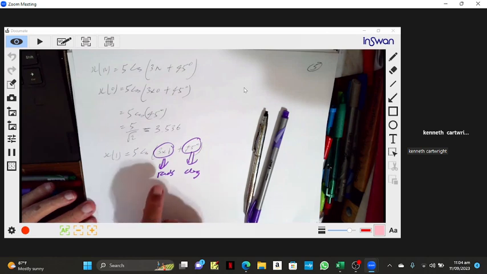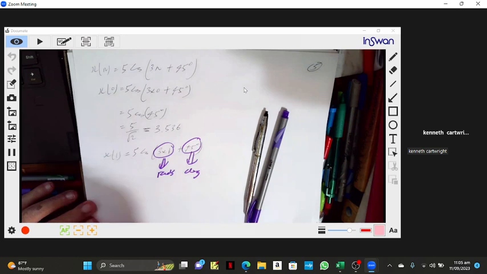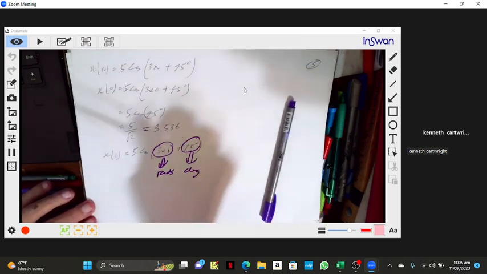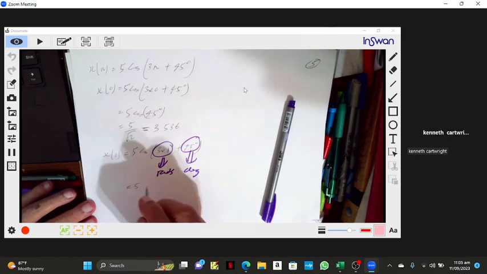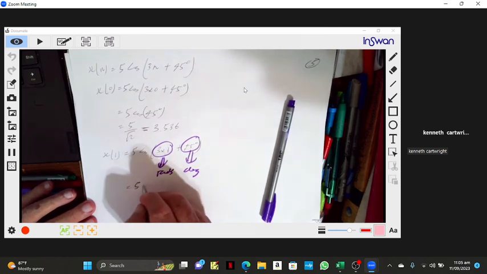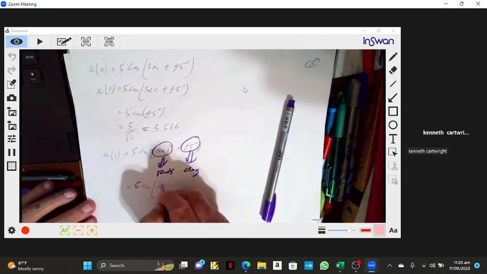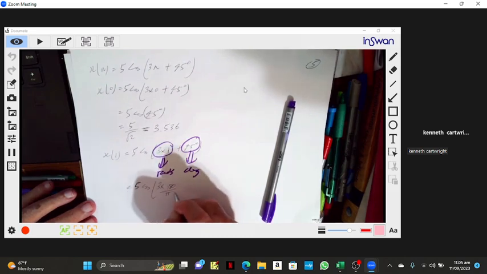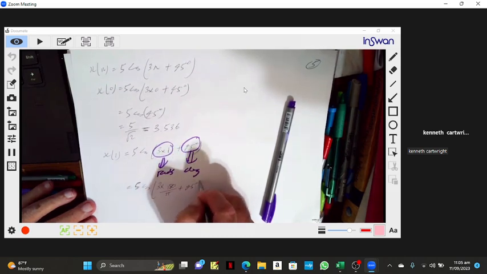So you either convert the rads to degrees or the degrees to rads. So I'm going to do rads to degrees. 5 cosine 3 times 180 over pi plus 45 degrees,